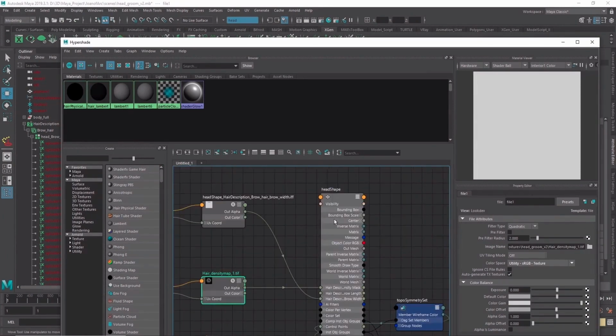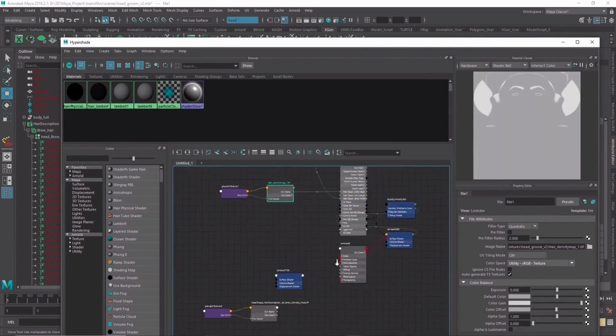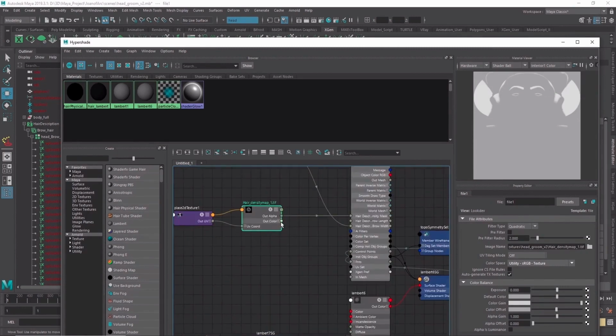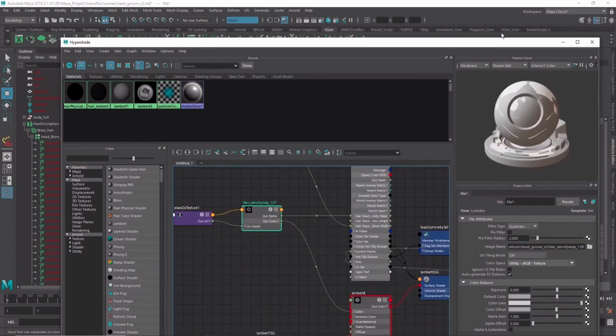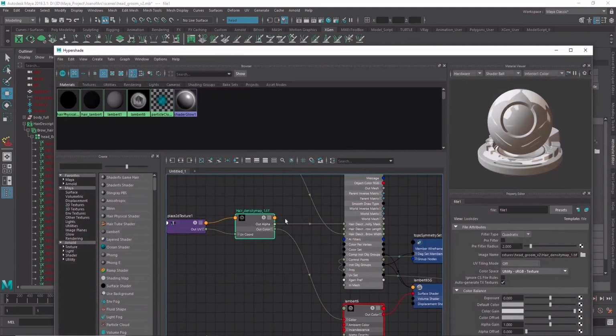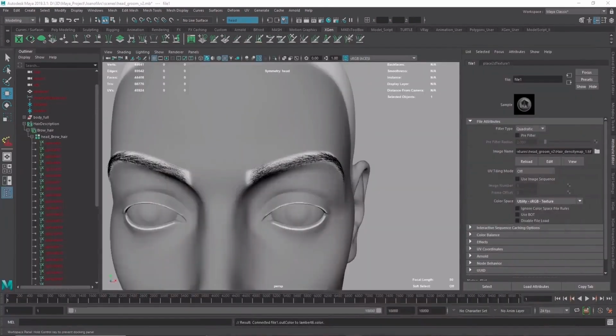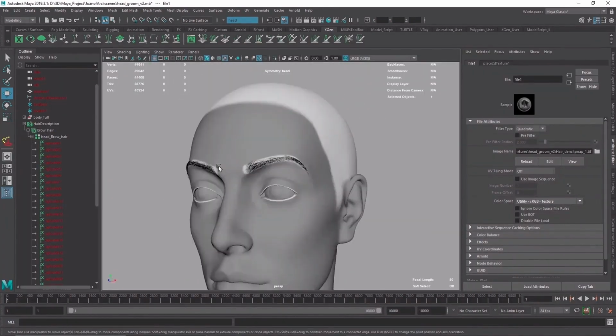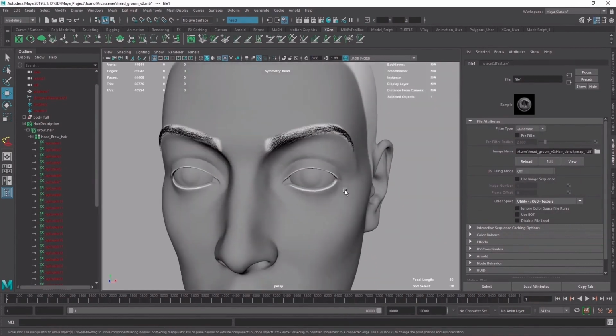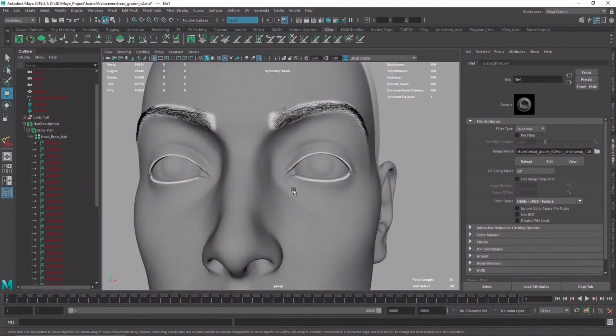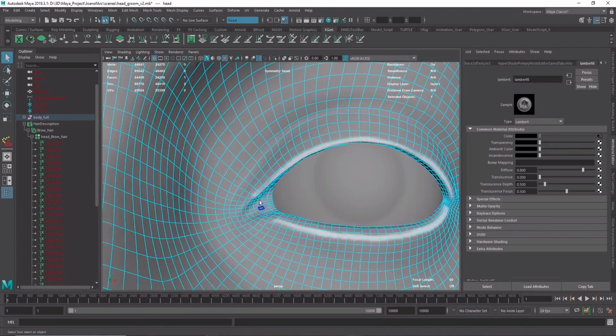So just hang up, and then the shader, so out color can go color. Okay. And I can select all the